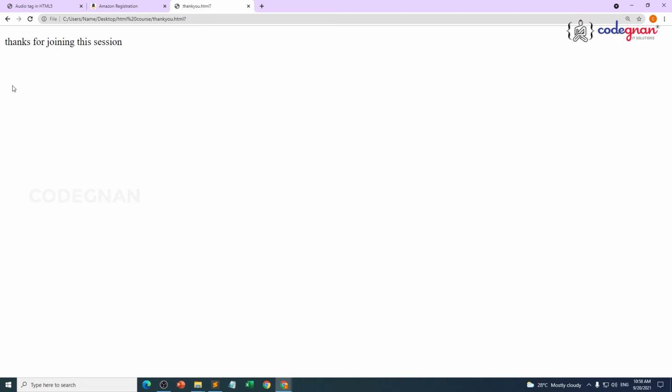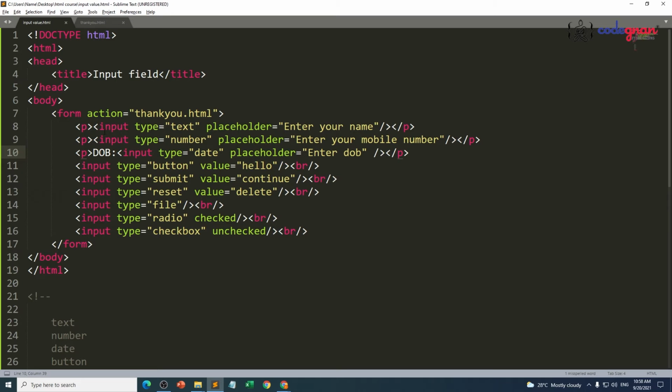I'm going to click on submit. My data and my control jump into the particular page. Through the attribute called action, it is possible. And if you have some JavaScript in your HTML file, you can send your data to that particular file also, using some JavaScript events. onsubmit equal to, I'm going to call the function that I'm going to use in my JavaScript. Let's assume the function name is JS.